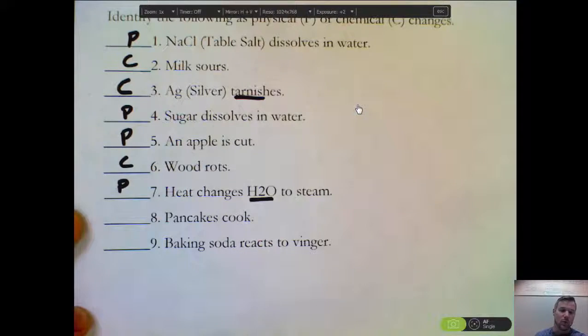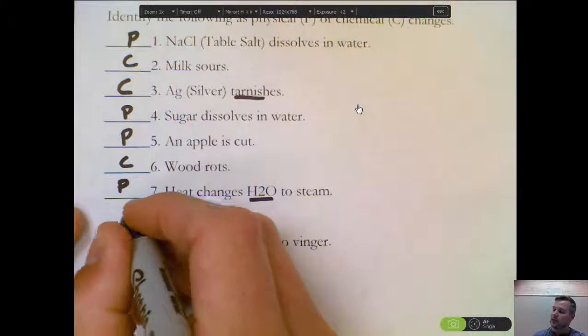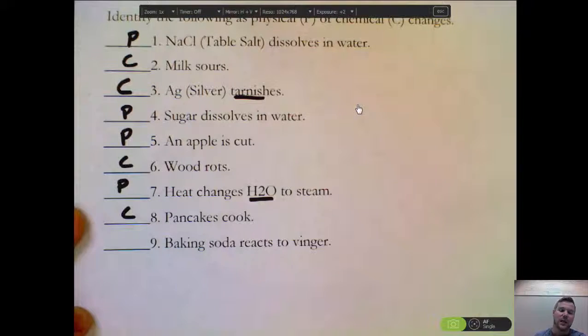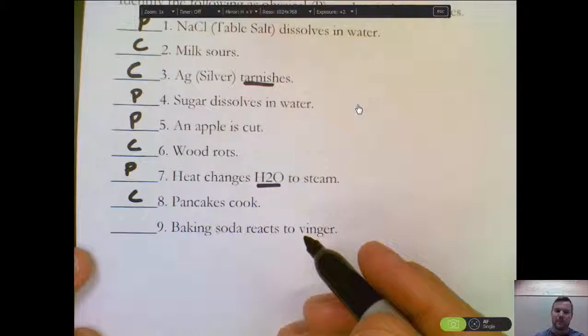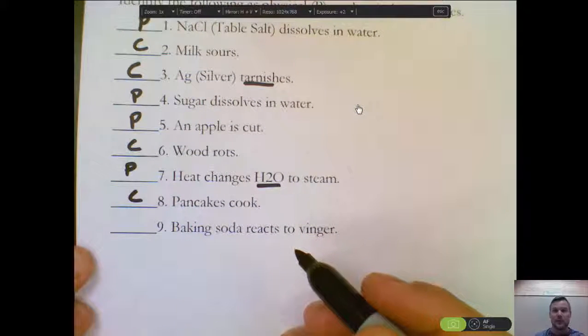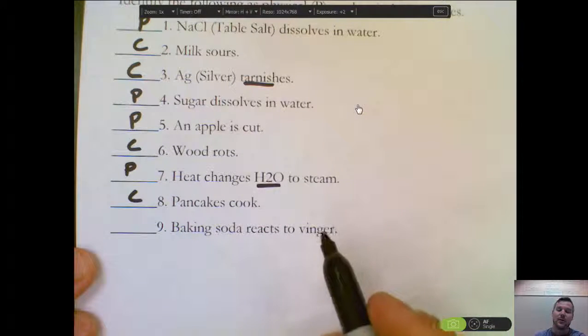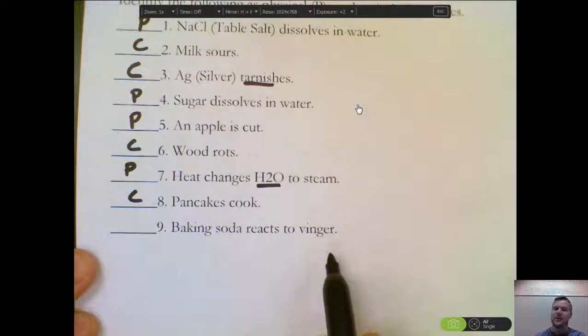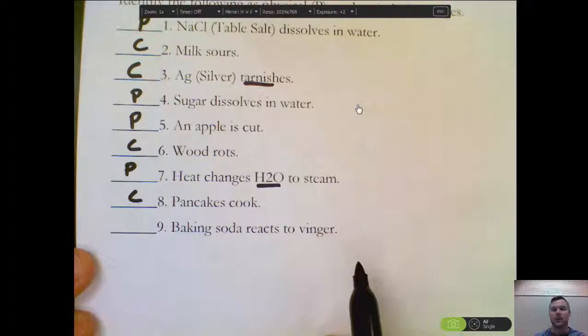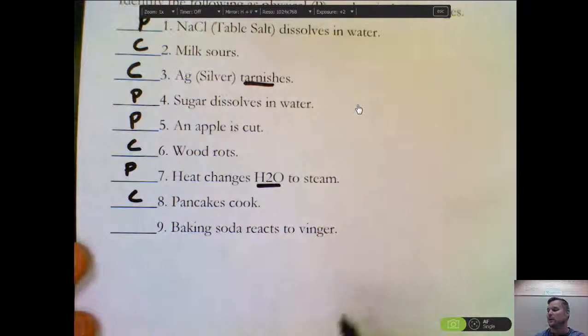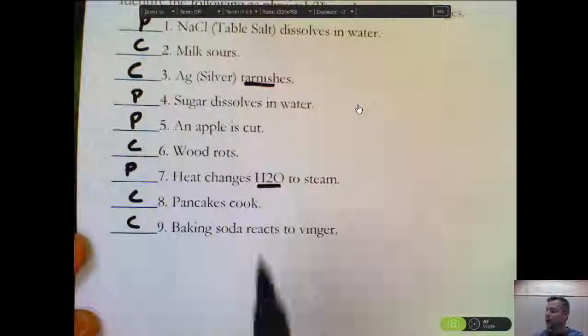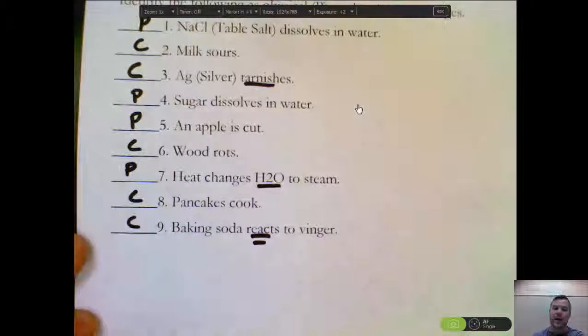Anytime we use the word cook, that's going to be a chemical change. It'd be hard to take that pancake batter and switch it, or excuse me, that pancake and switch it back into the batter. It also has new properties. Pancake batter by itself would be pretty disgusting, but a cooked pancake normally tastes pretty good. And then lastly, baking soda reacts with vinegar. Again, you might need some prior experience to understand that, but hopefully you would know that a gas forms, and a gas wasn't present prior to mixing those two, so you've made a new substance. That's a chemical change. Also, keyword there, the word react.